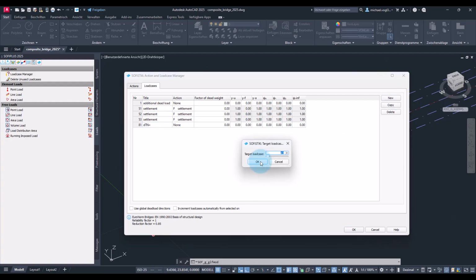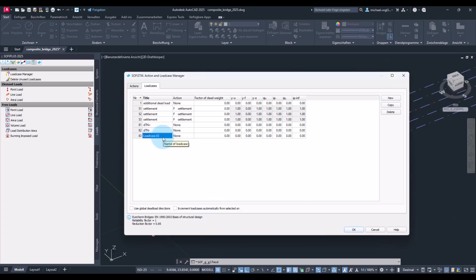Then I will create next load case, TN minus, for constant temperature leading to a contraction, and then load cases for the linear temperature distribution over the cross-section height, which I will call DTM plus, so acting like a positive moment, which basically means the bottom of the section is warmer, and next load case DTM minus, acting like a negative moment, meaning the bottom is cooler than the top.